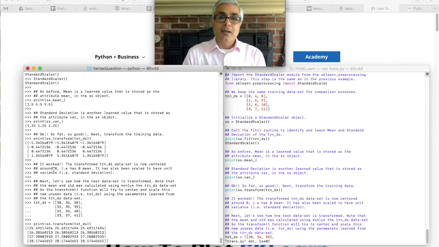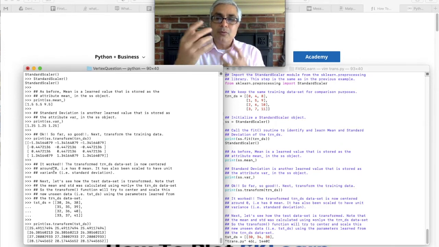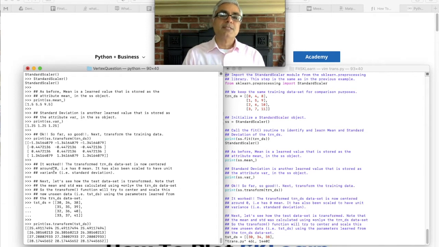Because when you do this for a client, they are eventually going to give you random unknown data. That's why your model has to be good enough. You don't want the situation of overfitting. Your model has to be good enough to work on this unseen data.